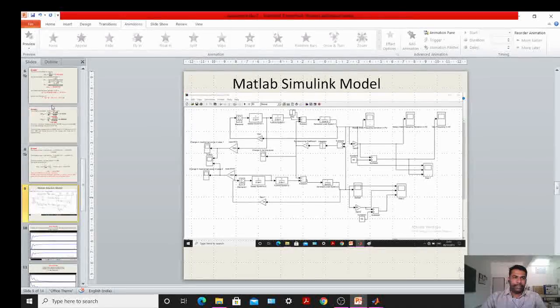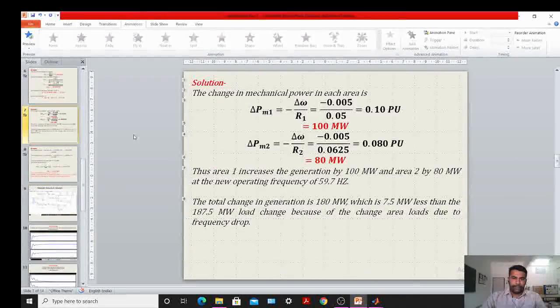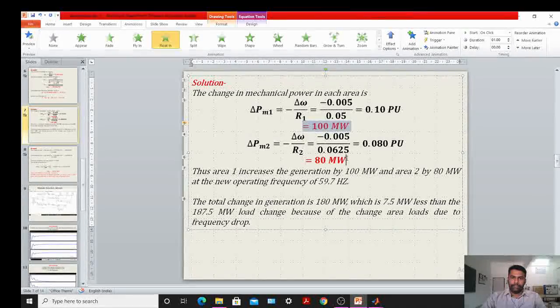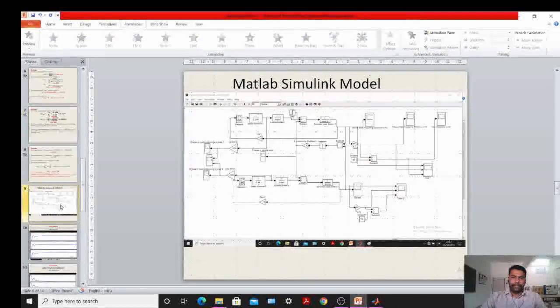Now we will see the change in mechanical power in each area. So the answer is in area 1 is 100 and area 2 is 100. So first we will find out in per unit basis, then we will find out in megawatt. So for per unit basis, you just